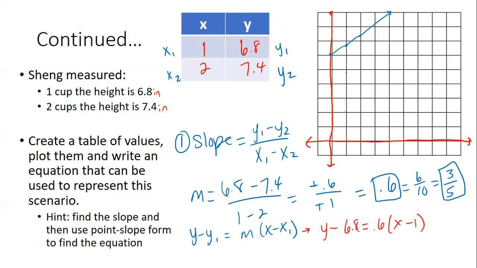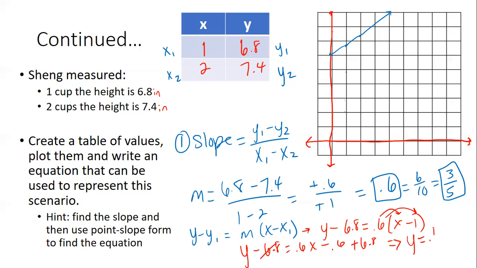So when it says to simplify, that means we have to distribute, right? Did you distribute your 6/10? Yeah. So we get y minus 6.8 equals 0.6x minus 0.6. And then after you distribute, what did you do? We add 6.8 to both sides. And so that leaves us with,